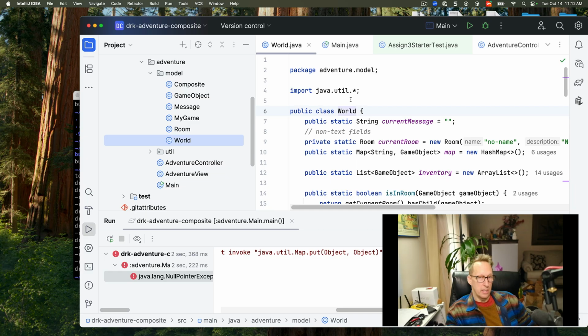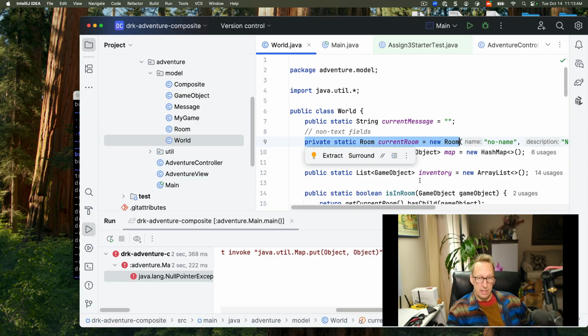It initializes the class in the order that these fields appear. So let's just focus on these non-text fields, lines 9, 10, and let's just say 12, okay? So the first thing that gets initialized is the current room,